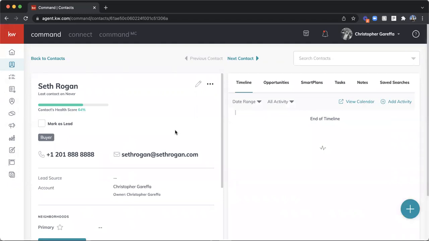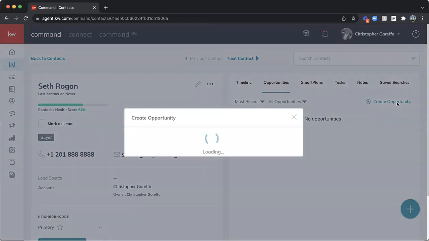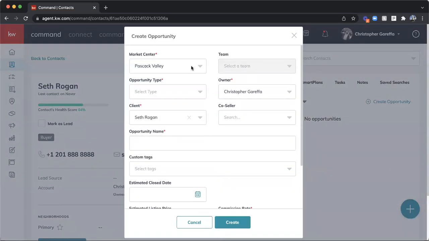So now we're going to create a new opportunity for him. He's a buyer. We need to go ahead and get him into my pipeline so I can start tracking everything. So we're going to go right over to the right-hand side here. We'll hit opportunities. And then we're going to hit create opportunity. So basically what I'm doing from here is just getting the transaction opened up, if you want to call it that. So Market Center will always be auto-selected to your Market Center,